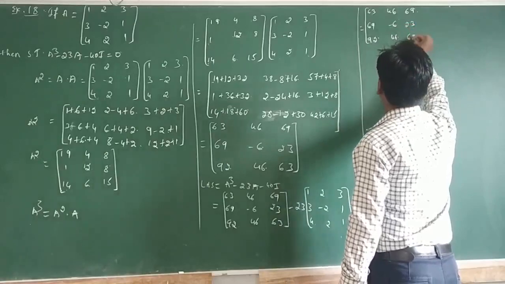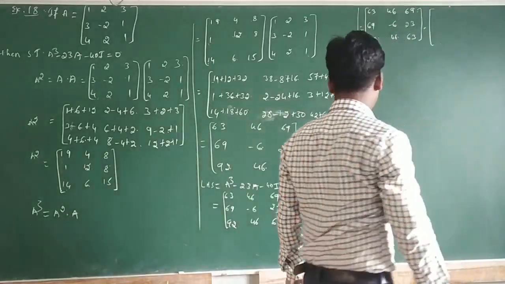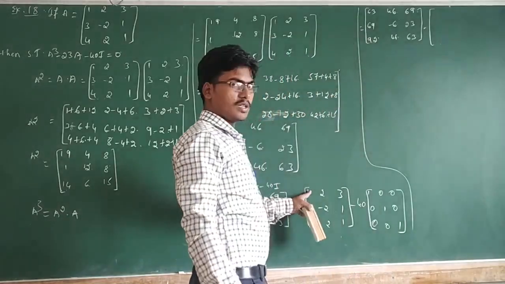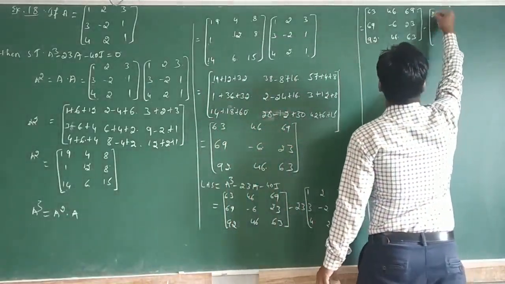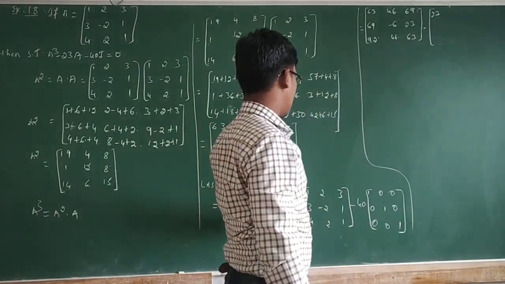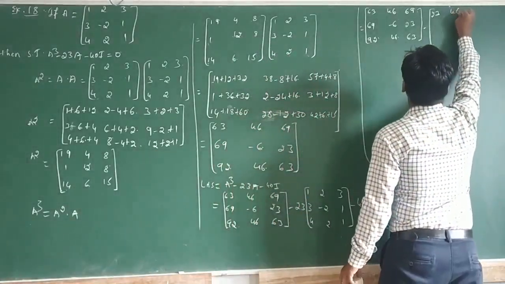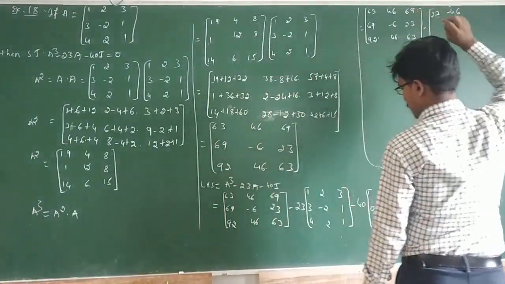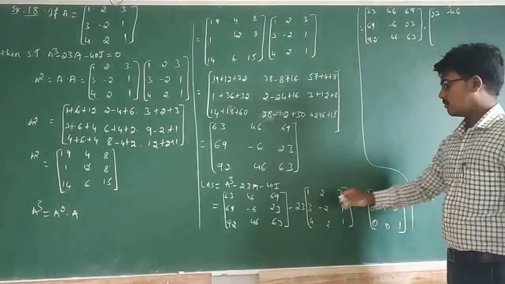63 minus 23 multiply. 23 into 1 is 23, 23 into 2 it is 46, minus 6 there. Minus 23 into, sorry, minus 23 into